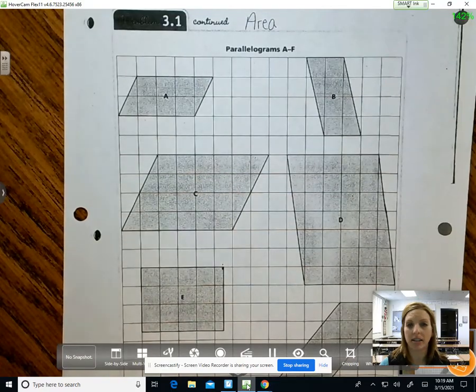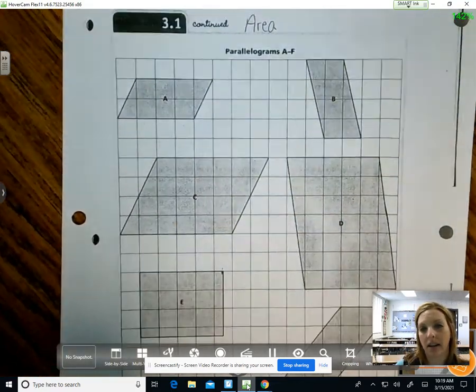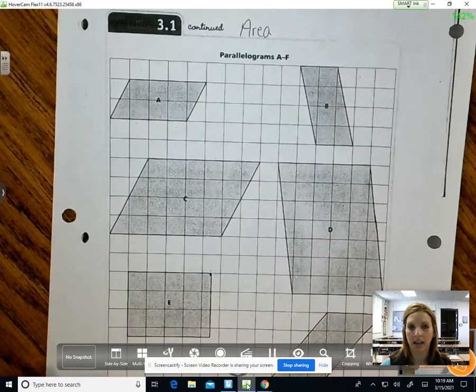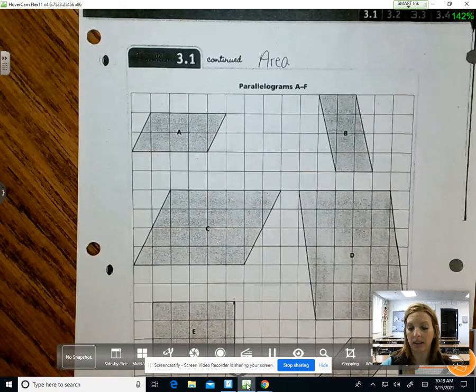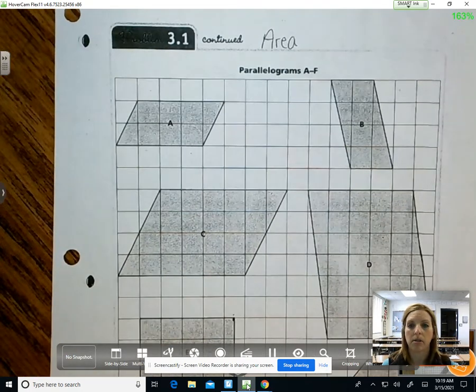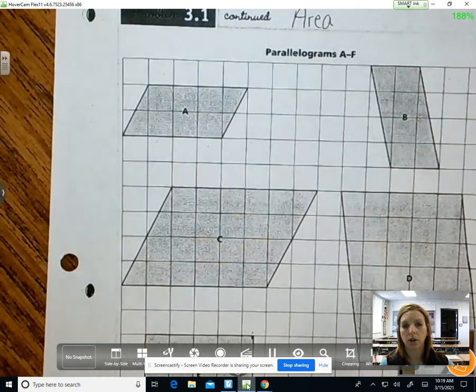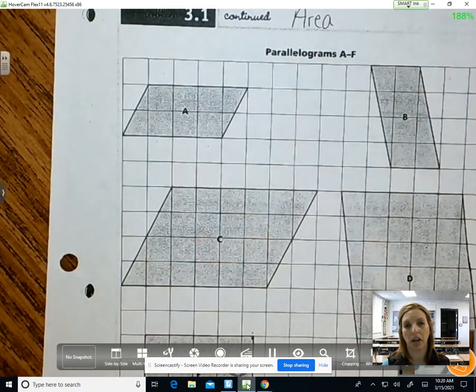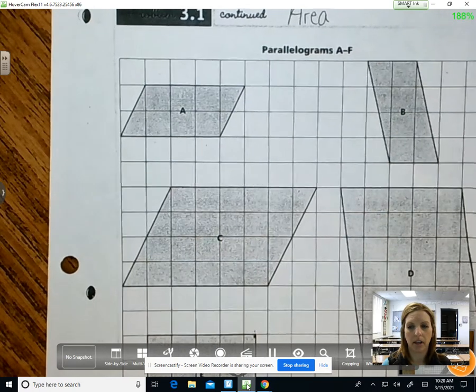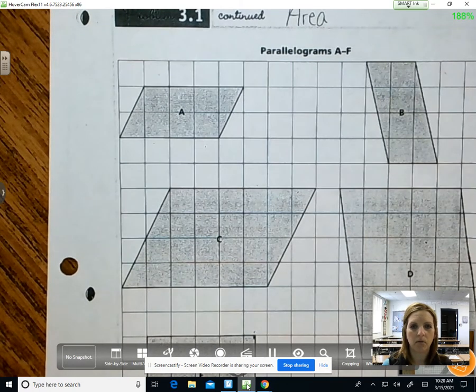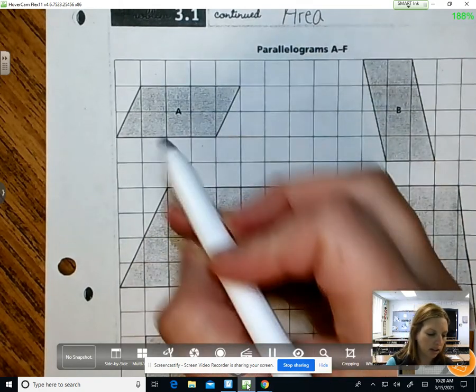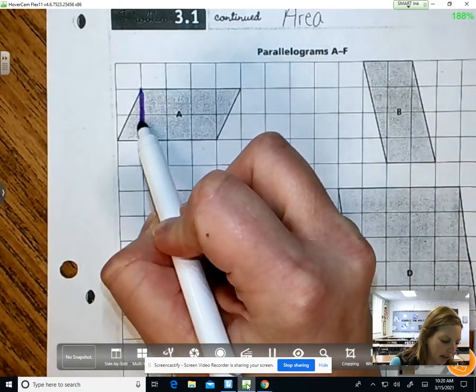Hey, I would like to talk to you about finding the area of parallelograms. This looks complicated, but it's pretty easy to figure out if we just think about what we know with area and perimeter of rectangles and triangles. So if you look at this shape and think about what you already know, what we talked about in class was just kind of looking at this shape as